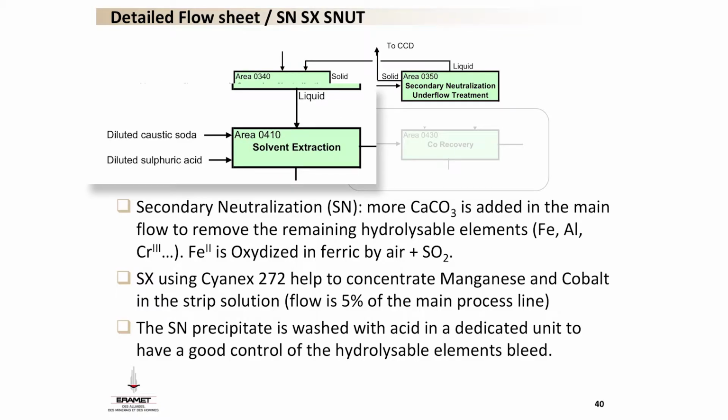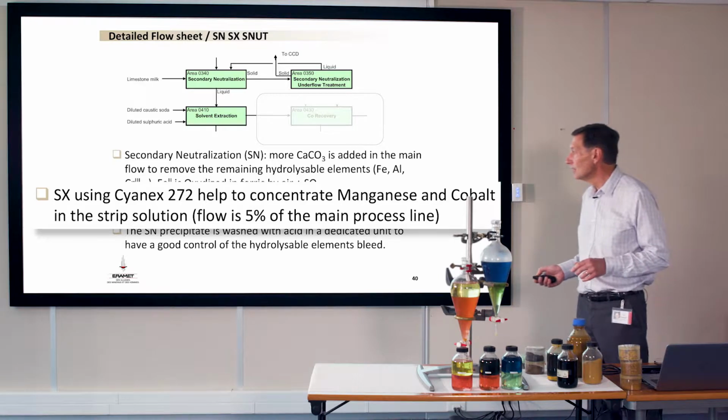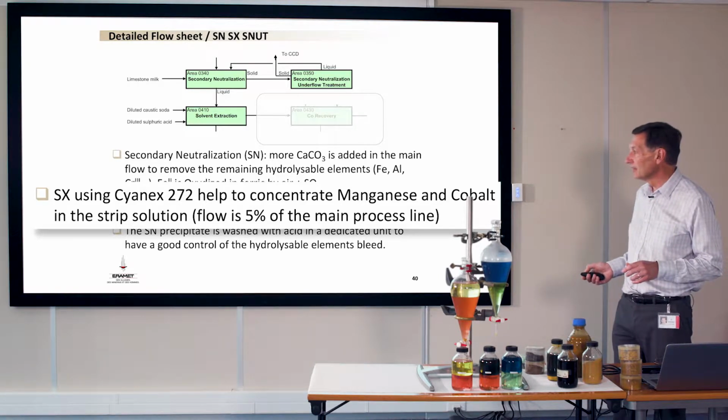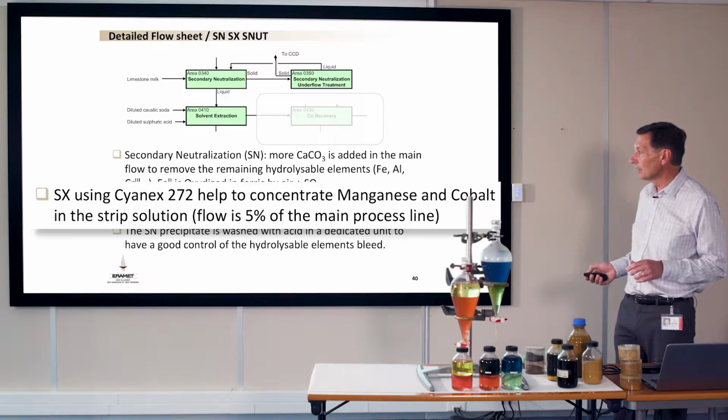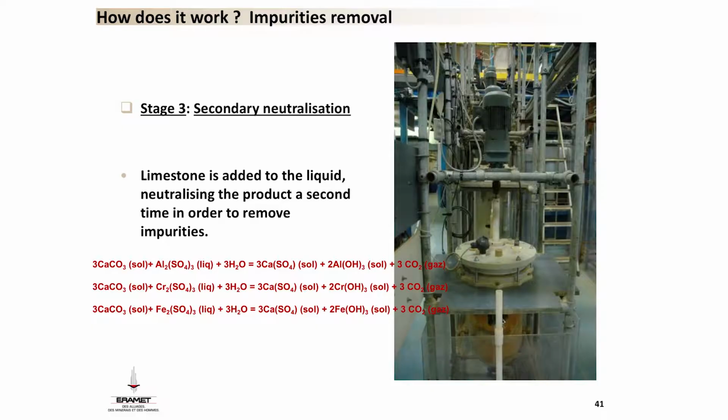The second part of this step is the solvent extraction. I will explain it in more detail after that. The principle is to use an organic liquid called Cyanex 272, and this organic liquid can recover selectively cobalt and manganese from the nickel solution. That's just a slide to present the reaction of secondary neutralization, to precipitate the aluminum sulfate, the chromium sulfate and the iron sulfate as hydroxide here,